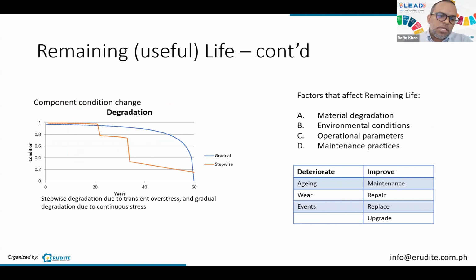Like I mentioned also earlier, conditions can change, like situations when you have increased load over time, but there are also moments when you have events. Load increase over time comes quite gradually. You don't have a spike in a system that suddenly goes very high or very low in the insulation property. So for example, the graph that I show on the left here, the one that is related to aging is the blue line, the gradual line.